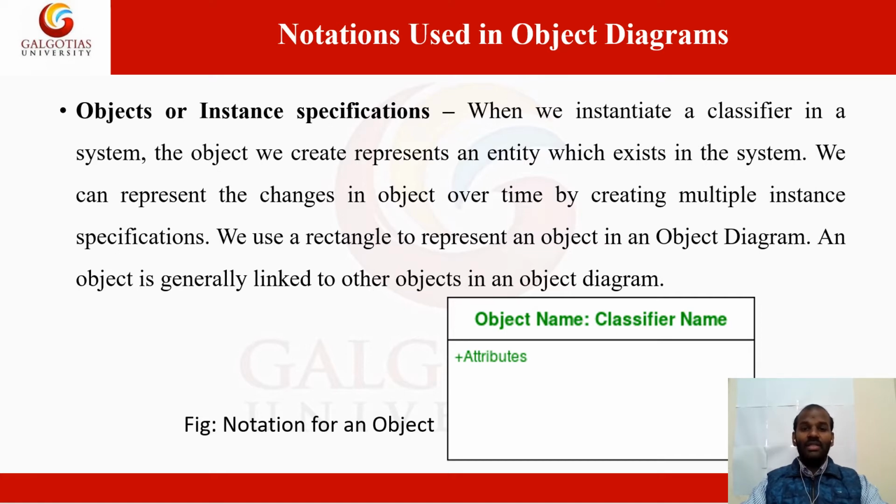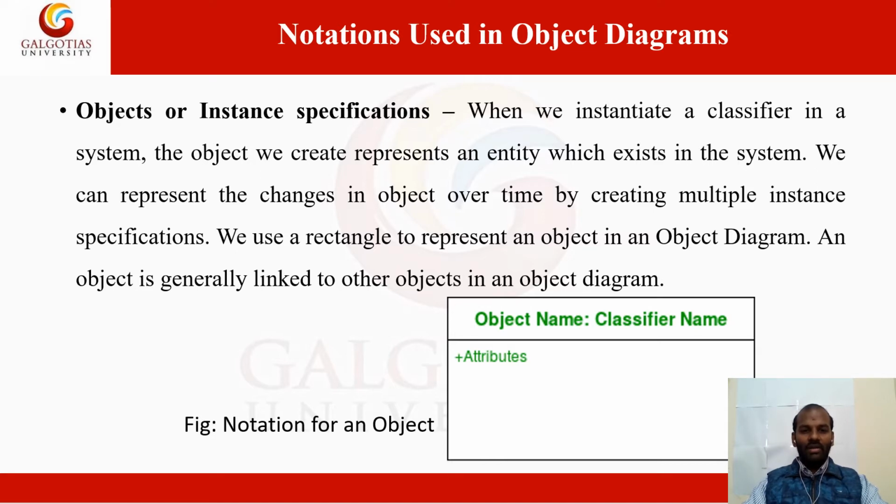The first portion indicates the classifier name, that is, the object name, which is declared in the first portion. From the second portion onwards, if they want to declare an attribute or any kind of operation, they include it there. But in the case of a class diagram, we divide it into a minimum of three portions. The first portion is the class name, the second is the attribute, and the third is the function.